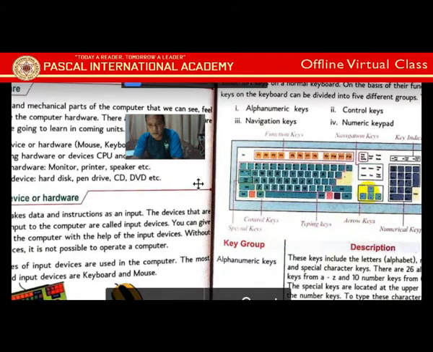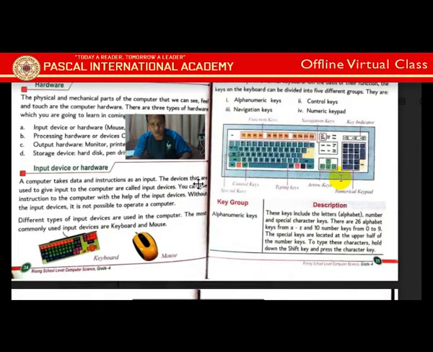Another keys are arrow keys. See there, arrow keys: up, down, right and left. And the numerical keys, that is, alphanumeric is coming together. And the top one here is the indicator only. Indicator means when you press caps lock, the caps lock LED will blink. When you press the scroll lock, this scroll lock LED will blink. Okay, now let's go into detail.